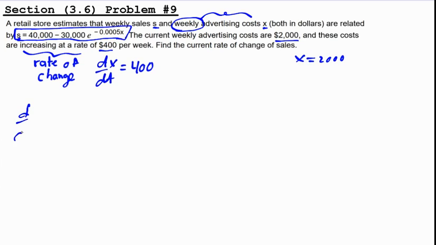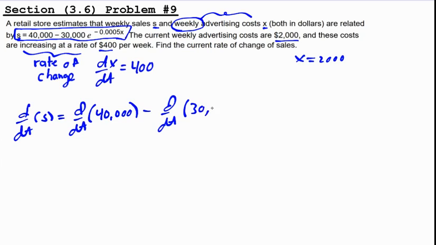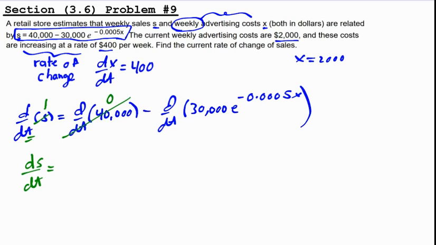So we'll start by writing d dt of s is equal to d dt of 40,000 minus d dt of 30,000 e to the negative 0.0005x. And the derivative of s is 1, but since the variable doesn't match the t variable, we get 1 ds dt. The derivative of a constant is 0, so this 40,000 is gone. We have our minus here, so 0 minus, and the derivative of 30,000 e raised to the negative